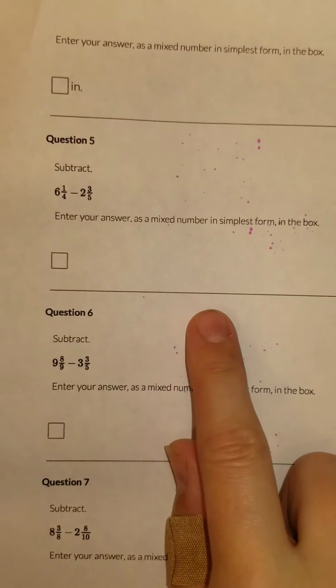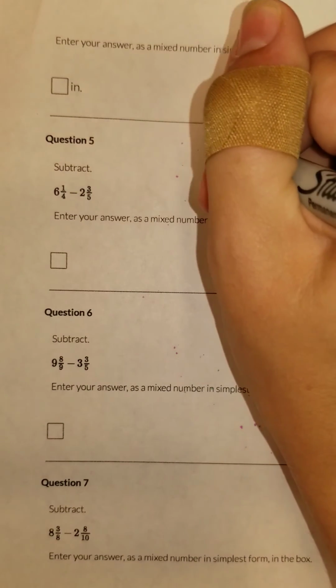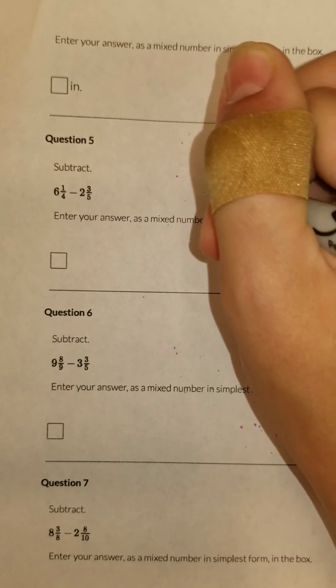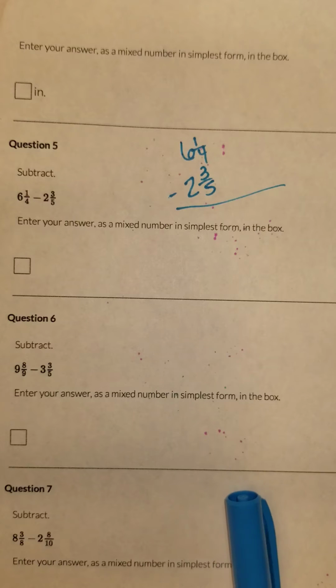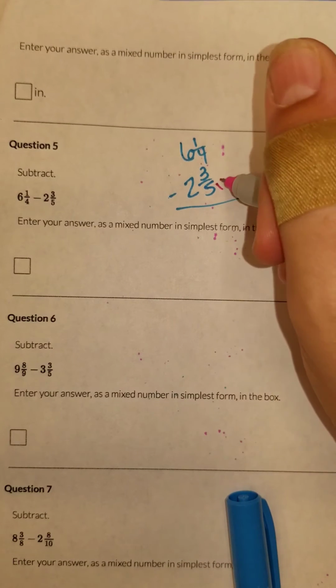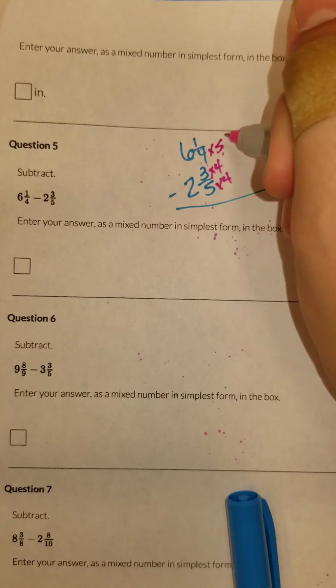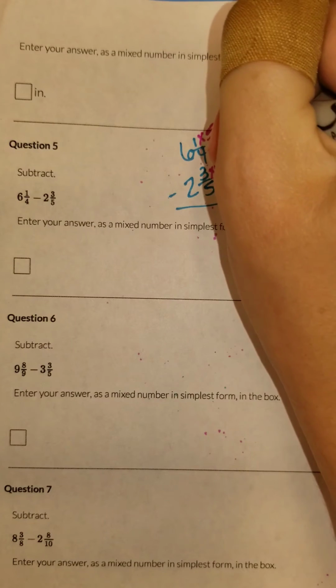Okay, number 5. 6 and 1/4 minus 2 and 3/5. So the first thing we have to do is find a common denominator. I know that common denominator is 20. So I'm going to multiply by the missing numbers. Okay, so I've got 5 over 20